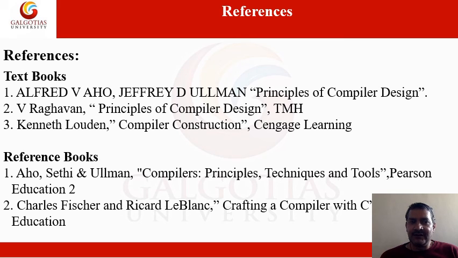This is the reference section. I have already told you in class about Alfred V. Aho and Jeffrey D. Ullman, in short Aho and Ullman, the book Principles of Compiler Design, from Narosa Publication. You can take this book from the library, or you can even purchase it. There are other books, but Aho and Ullman is a good book. If you can purchase it, you should. Rest is fine. Thank you so much.